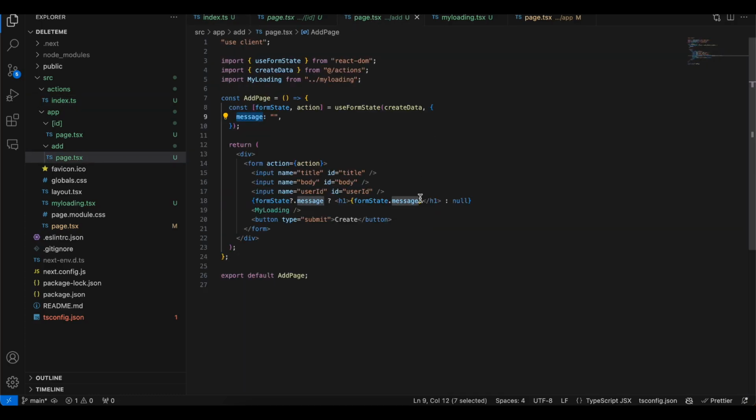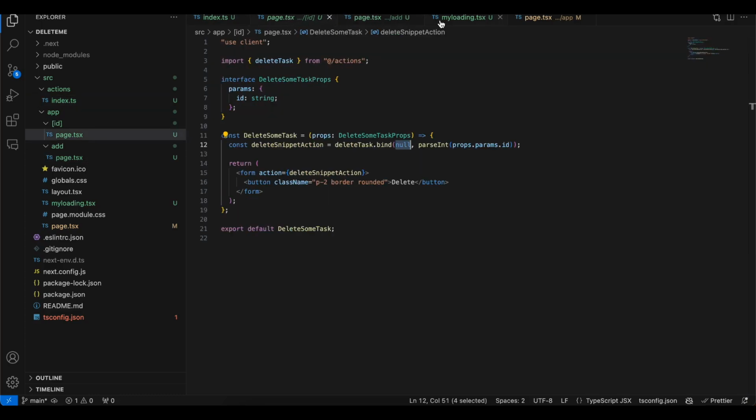But if you see over here, where did it go? Yeah, we are first passing null and then we are passing the id. Suppose your server action took two parameters, then also the first parameter would be null, then the second parameter, and then the third parameter. So here there will be three parameters. If your server action takes two parameters, the first parameter will always be null, and you can just directly call delete action over here. So yeah, if you are curious, 123 is my page id, and if I click on delete,